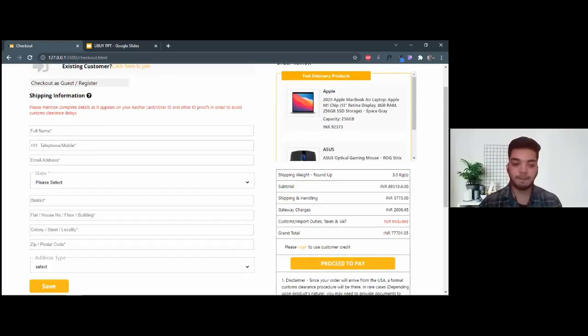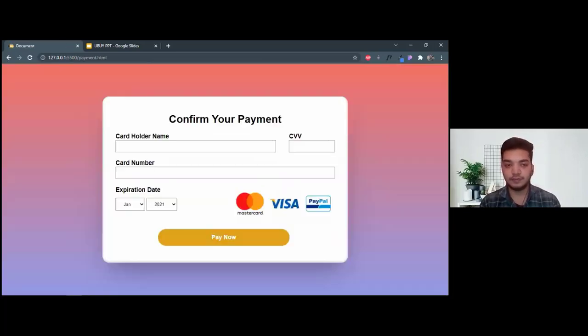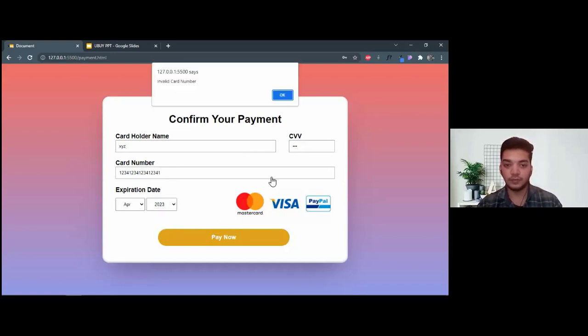Thank you, Nitin. Hello, everyone. As you can see, we have added the items that we want to purchase. Now, by clicking proceed to pay, we will land on a payments page. Here you can see we have the payment page where we have to fill in the card holder's name, CVV, and the card details, card number. Now, after checking the expiration date of the card, I will fill it in and click on pay now.